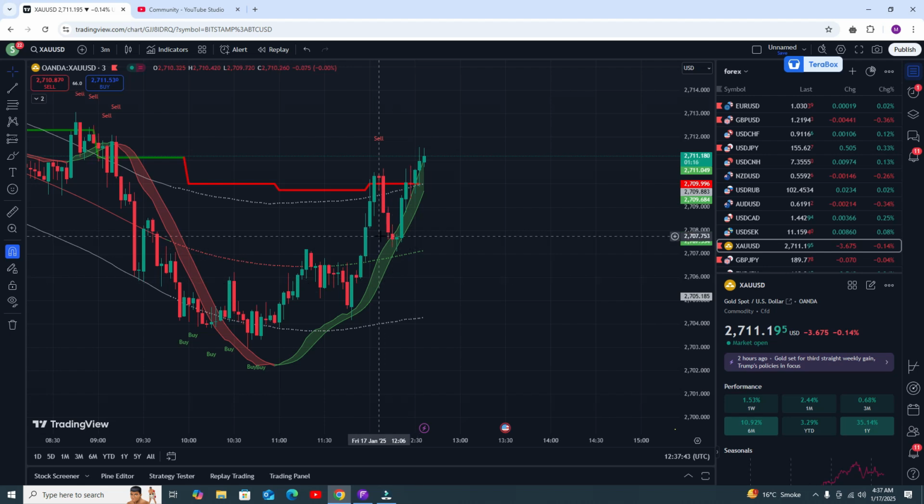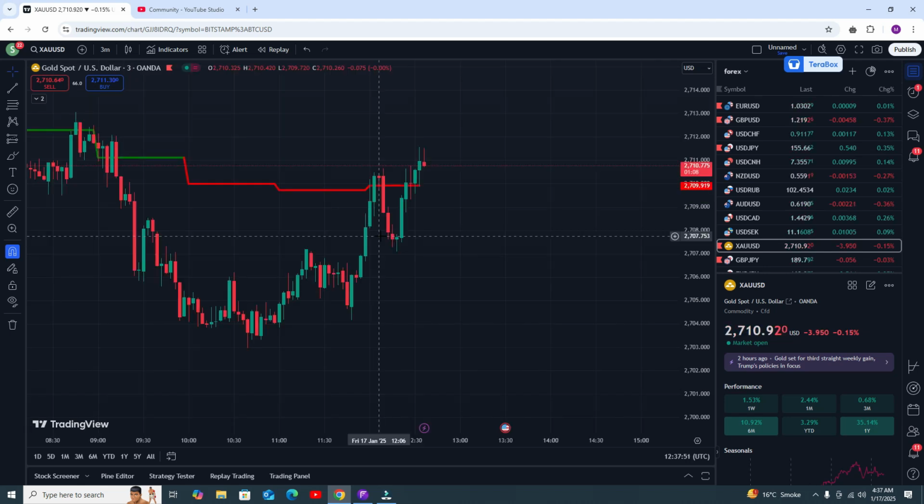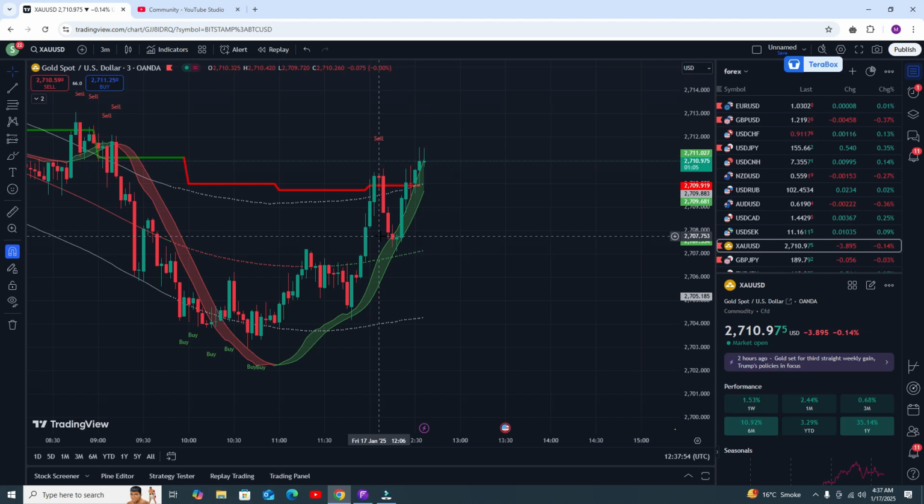There are some rules in the strategy, and you need to listen carefully. Yes, I am slightly weak in English, but I tried my best to give you the best explanation. This signal is confirmed after the candle closes. Let me show you. When the candle completes its time and the signal appears, it will not go away. So you need to wait for the confirmation when the candle closes and you get the signal, and I will show you a live demo as well.